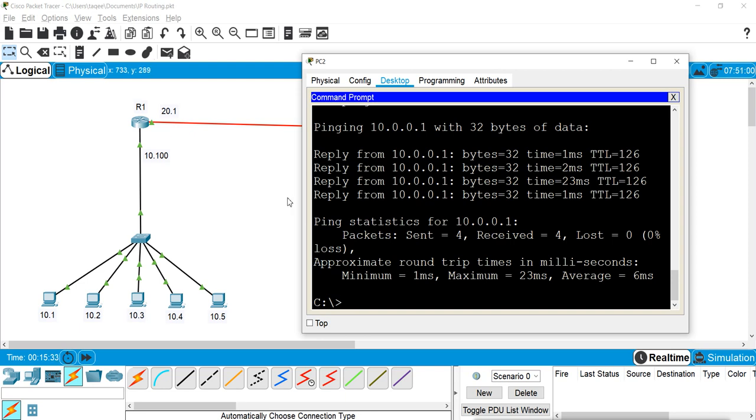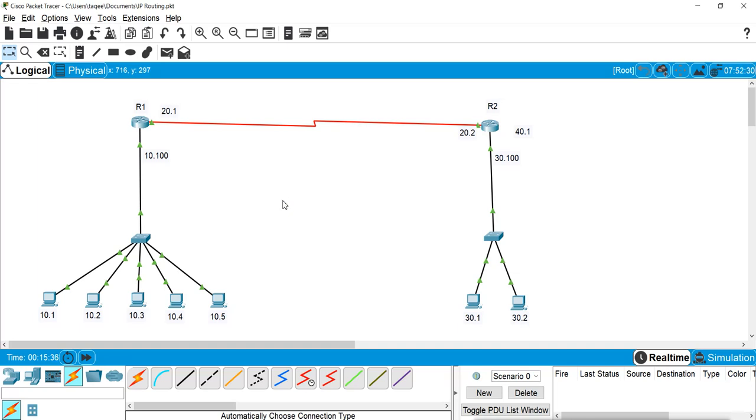We have just created the translation, we have just created the mapping, but we have not enabled it. Now we have to tell the router when the data should be translated. It is like an access list. In an access list, after creating the list, we mention to the router where to apply it, from which interface the data comes in and which interface the data goes out. So we have to mention that when the data comes from this interface or goes out from this interface, then you have to do the translation. Otherwise, don't do the translation.